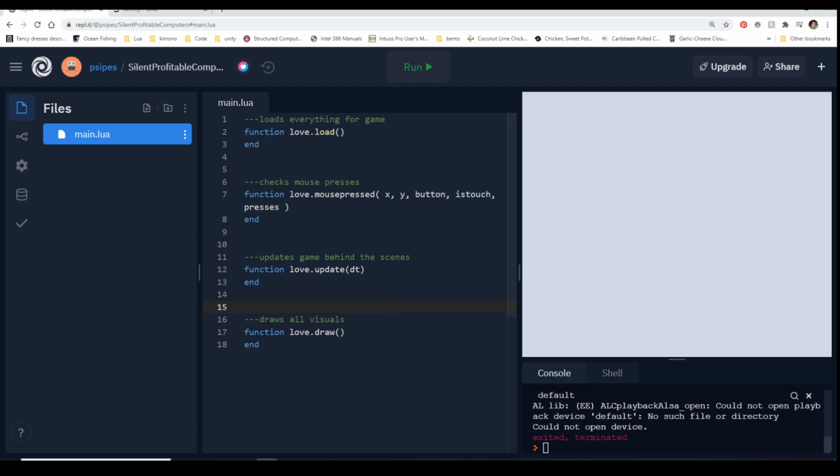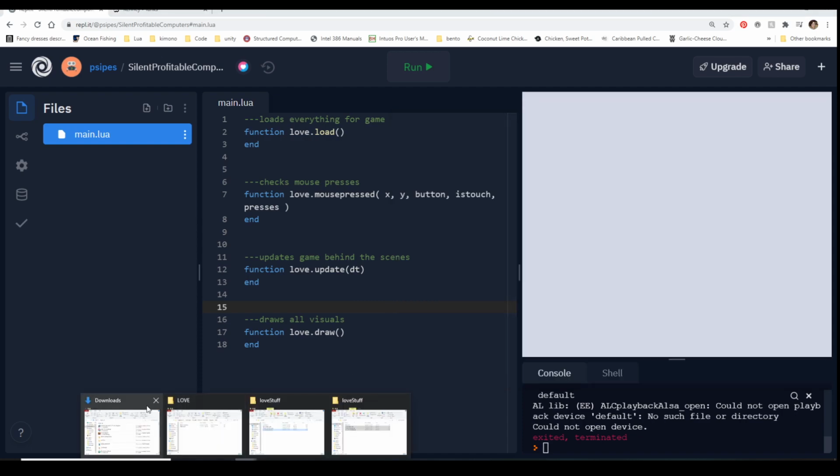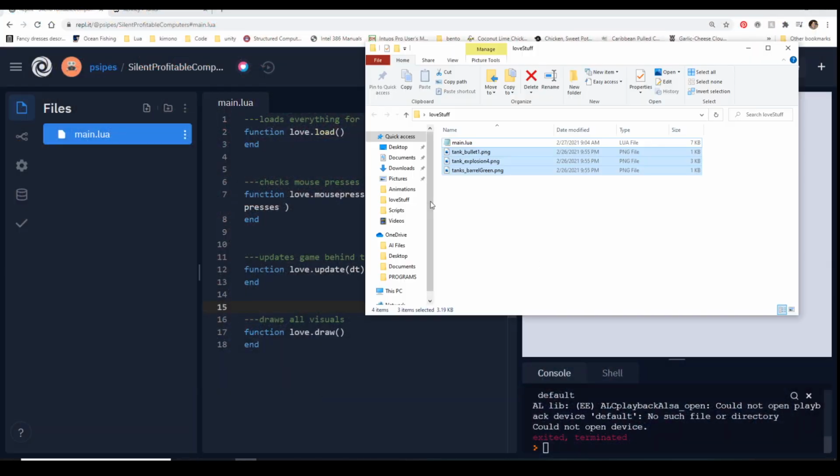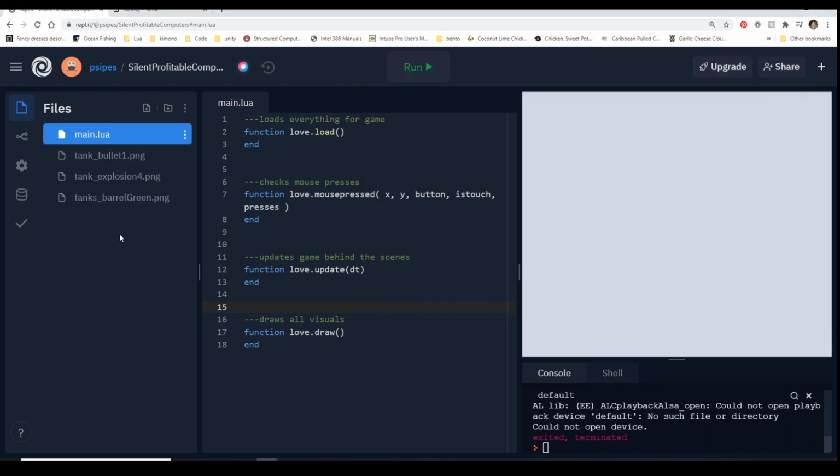I forget where I put stuff all the time. And if we grab these, all we're going to do is drag them into this panel over here. If you're building it in an actual editor, an actual IDE, you're just going to drag them into the folder with your main.lua file. So this will give me access to all these images to be able to use them.